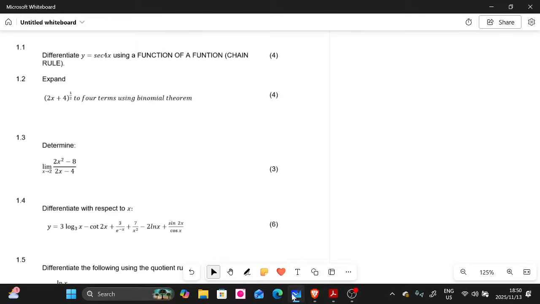All right, people, we are done with 1.2. Let's look at 1.3. So here's our 1.3. Let me highlight it again so that you are able to see it. Here's our 1.3 here. They want us to determine these limits there. So 1.3, its limit, it's actually 3 marks. The last one was 4 marks. So we only mark the final answer on the last one there, guys.